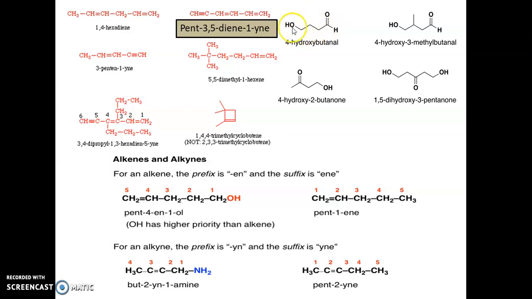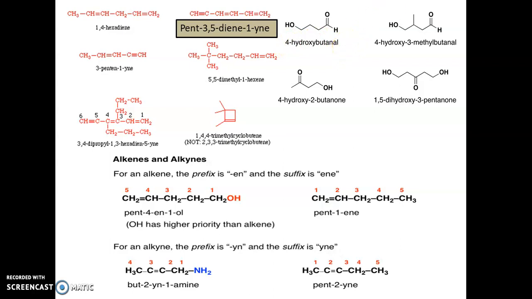Okay. So the second priority group we have to highlight first. So 4, and it is not a main functional group. It is present as a side chain, correct? It is present as a substituent. So whenever OH is a substituent, we have to use the term hydroxy. So 4-hydroxy. There are 4 carbon atoms, so but, and the aldehyde group is on carbon number 1. So but-1-al or butanal, or 4-hydroxybutanal.